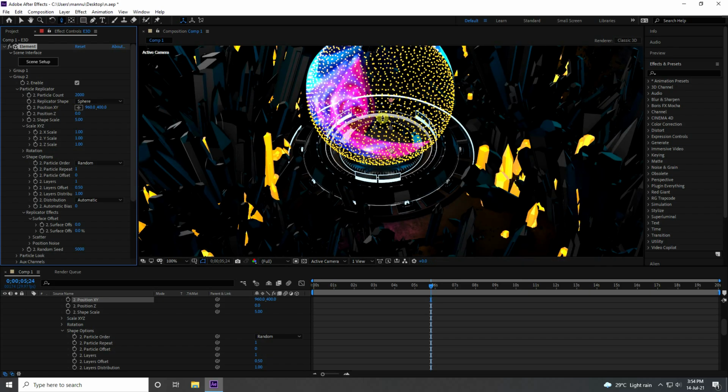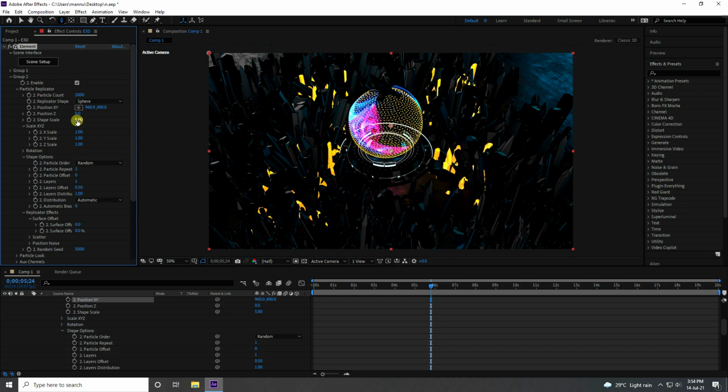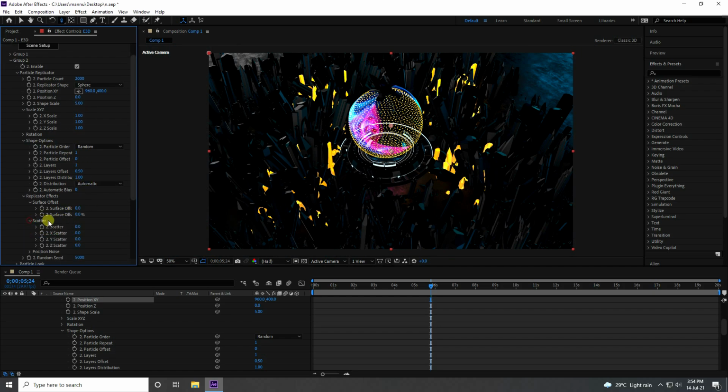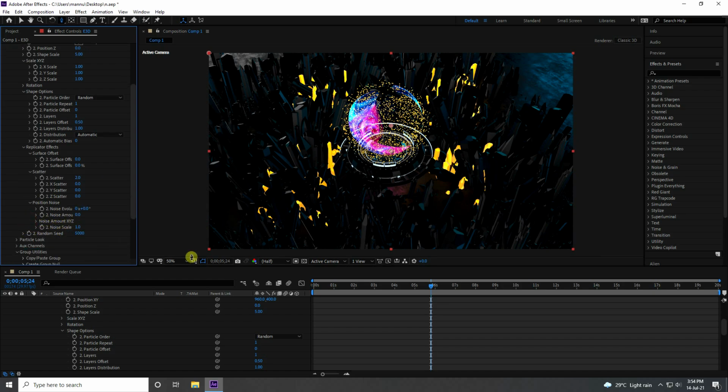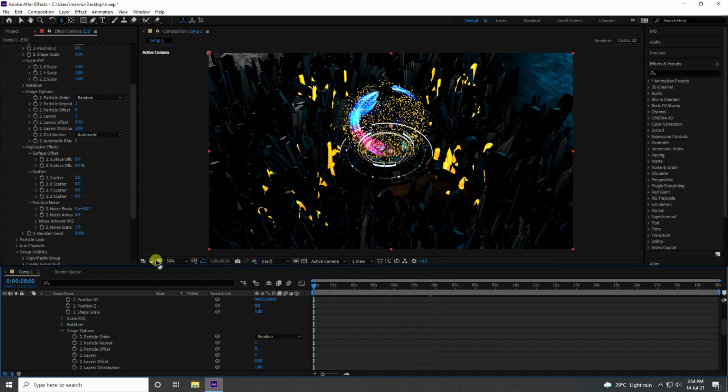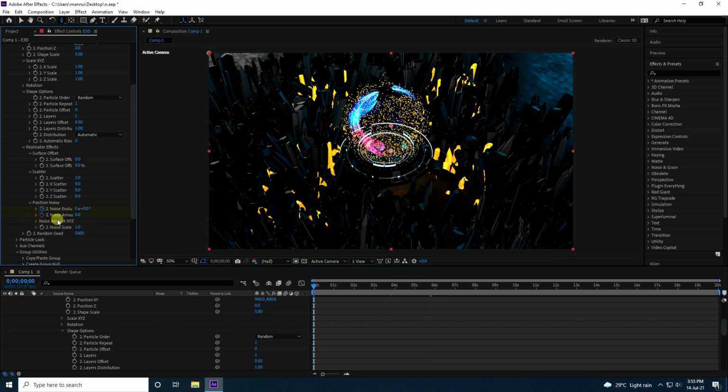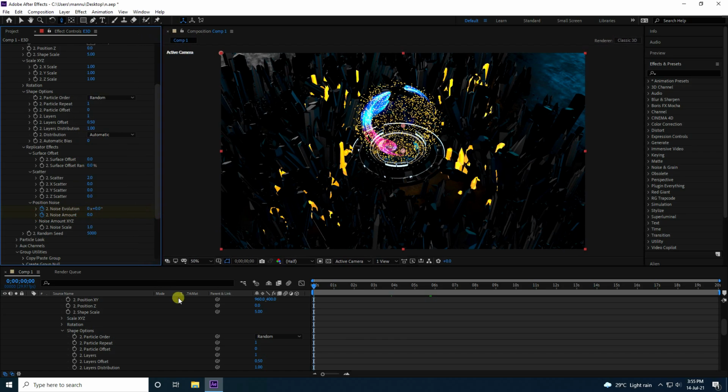And closer, yeah. And guys now I go to here, scatter, and scatter take 2, and position noise unfold, yes. Guys I create animation, so go to 0 frame and noise evolution check, position amount, that's my noise amount, and a little bit increase, yeah.